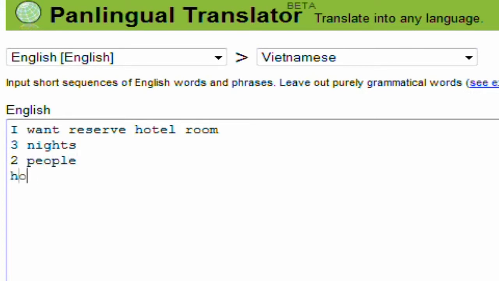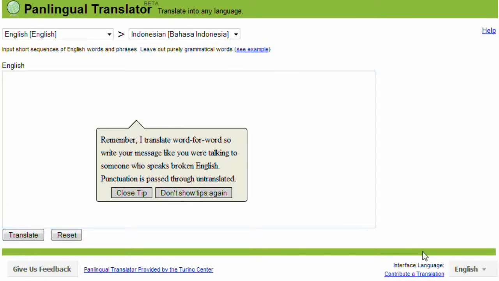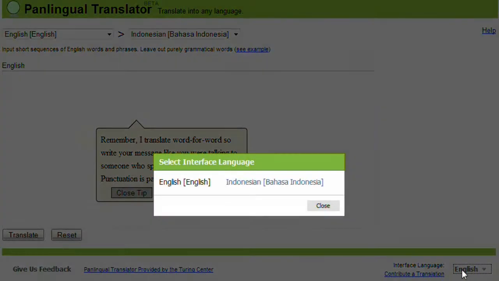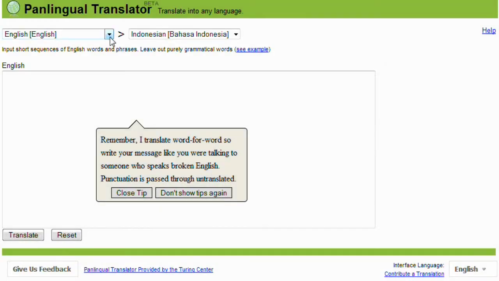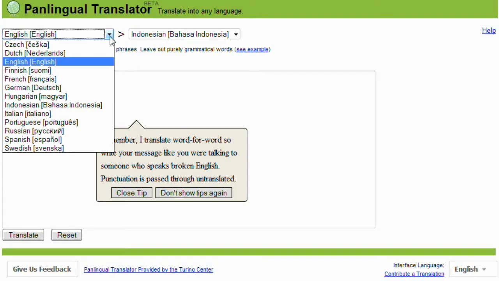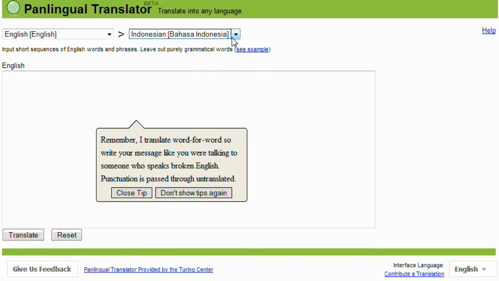So without further ado, let's begin a tour of the system. We designed the Panlingual Translator interaction to be like communicating with a person who understands enough of your language and your target language to act as a very basic interpreter. Think of using Panlingual Translator like speaking and listening to someone who is able to quickly look up your words in a translation dictionary to understand what you mean in their language.